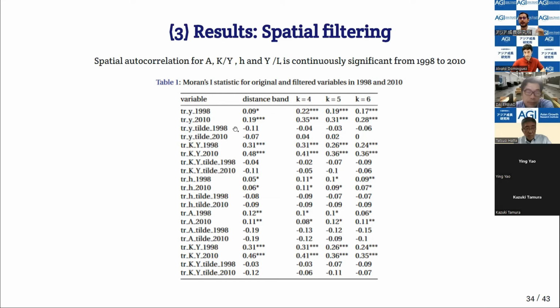Here are the ones that are already spatially filtered. And as you can see, once you filter the data, it doesn't show any pattern of spatial autocorrelation. That's why the statistic is not significant. So there are no stars, if you want to see it that way, for the spatially filtered data.